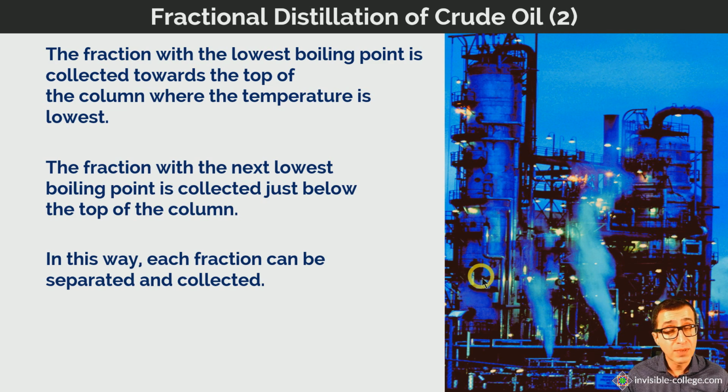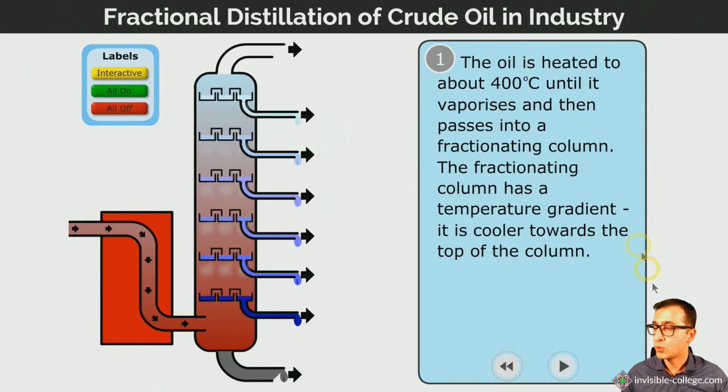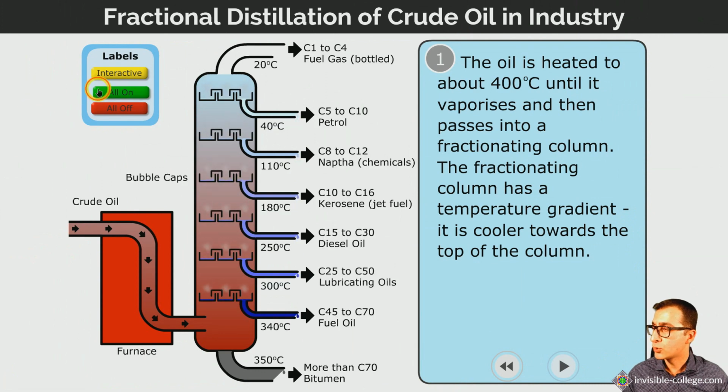The rest of the mixture of gases will then continue to rise through the column until it reaches this part of the column, which is at a lower temperature, where another fraction will condense off and be stored separately. The mixture of gases will then rise further to this cooler level here, where another fraction will be condensed and siphoned off, and so on. So this is how a fractionating column works. So let me show you an animation which illustrates how that works in a bit more depth here. So I'm going to turn on all the